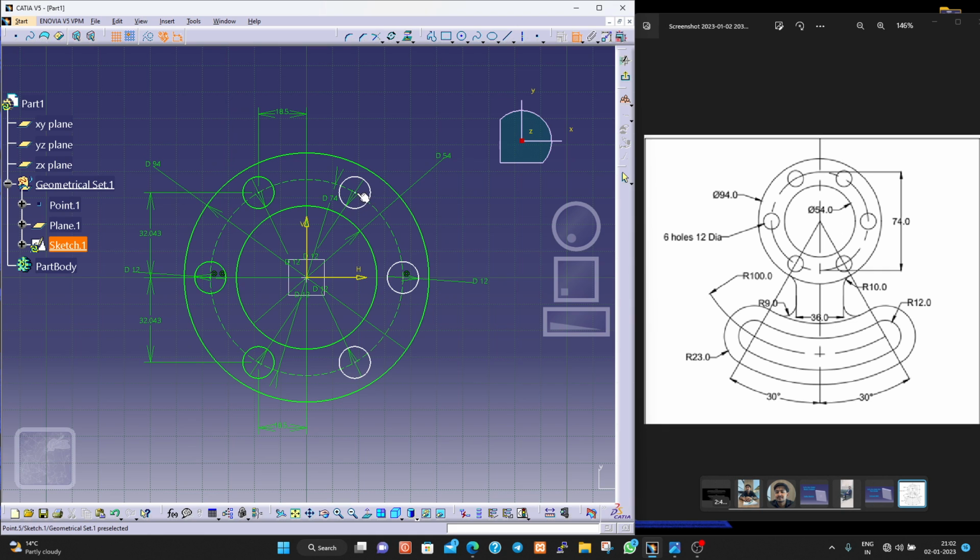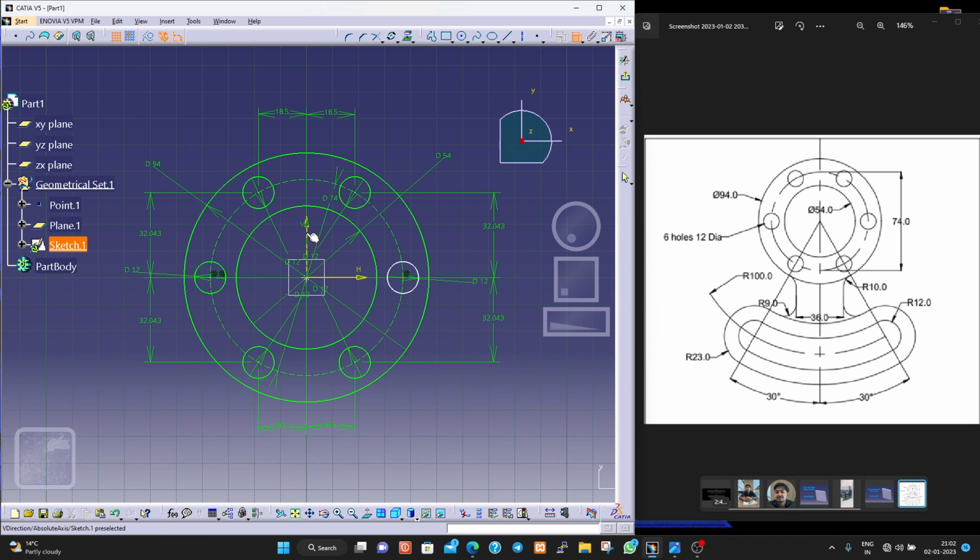So we are selecting this point, select this line, it's 18.5 again, this point and this line 18.5 again, this point and this line is supposed to be 32. Yeah, and again this point and this line is 32,